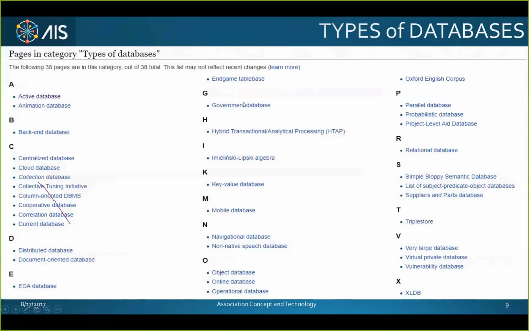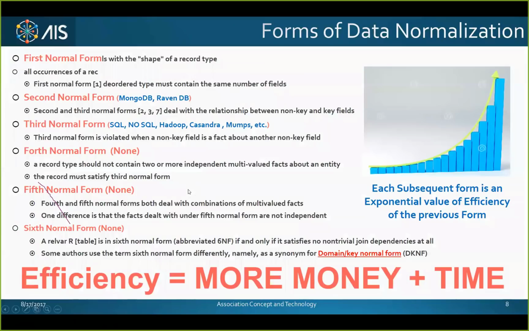So, given the form of databases that we have today, these are different types of databases. Okay, just to give you a concept of how many there are. Now, each one of these are types, mind you. So under SQL, you will find at least 100 different products. Under Hadoop, you'll find at least another 100. Under centralized databases, you'll find another 10 or 20. The concept is there are potentially up to 1,000 different types of databases. But the interesting part is that foundationally, they still live in the third normal form.